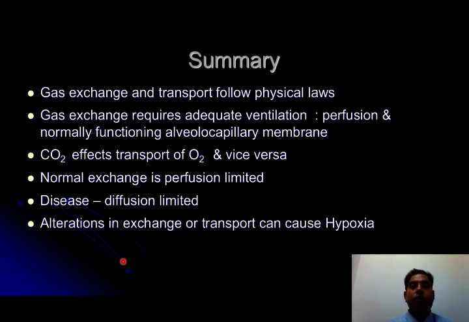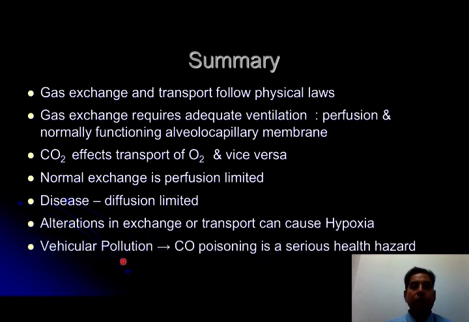and alterations in exchange or transport can cause hypoxia. There are four types of hypoxia: hypoxic hypoxia, circulatory hypoxia (stagnant), anemic hypoxia, and histotoxic hypoxia. And vehicular pollution can lead to an increase in carbon monoxide poisoning, and this is a